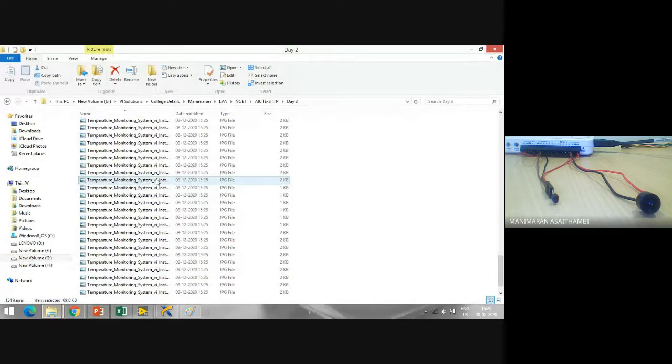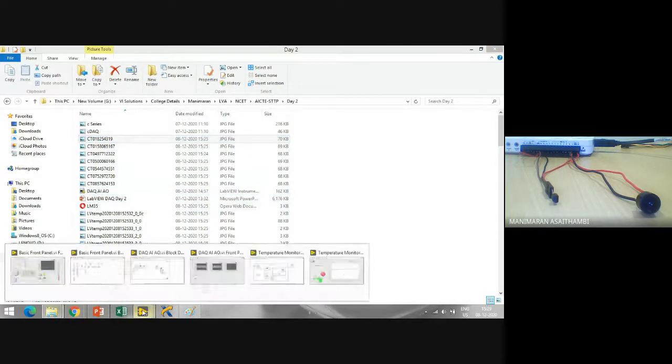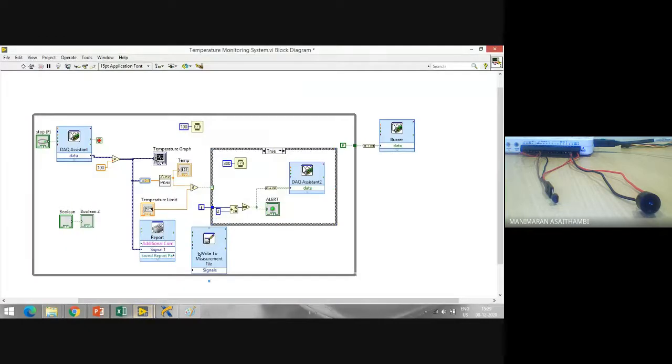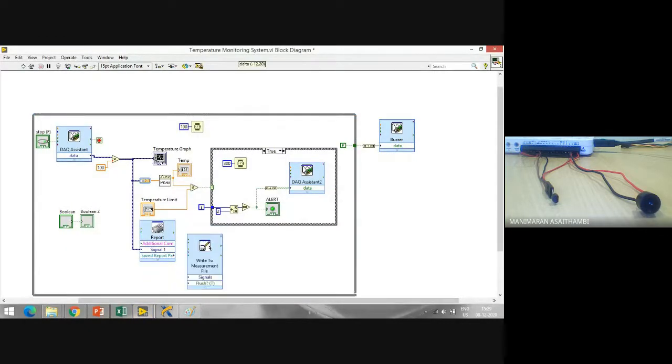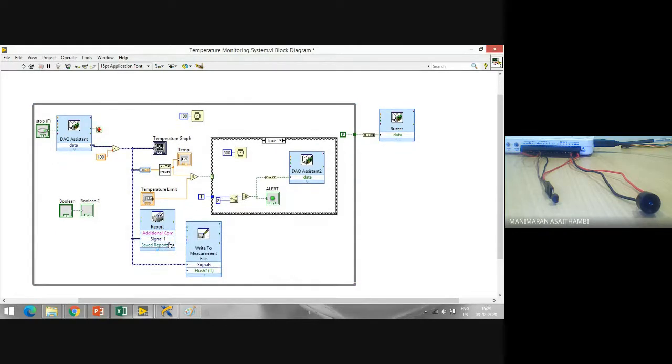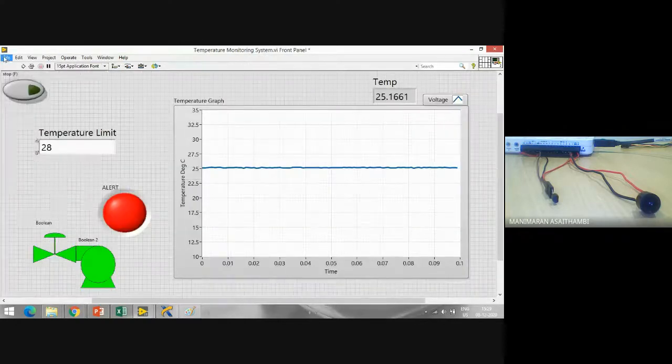In day 2, I don't have any Excel file. I have only images, a PPT, and the LabVIEW program, but I don't have any Excel file. So I go here. Which signal do you want to add to it in your code? The same data you take to create a report, you can use for writing to a file. Okay, file, save, I run.